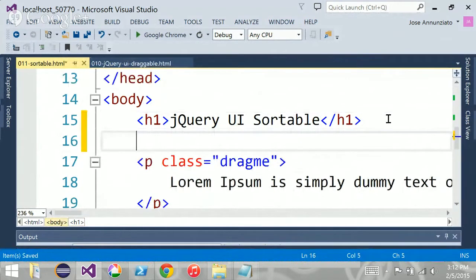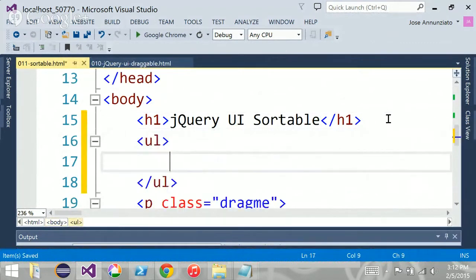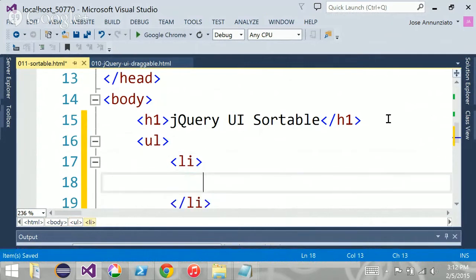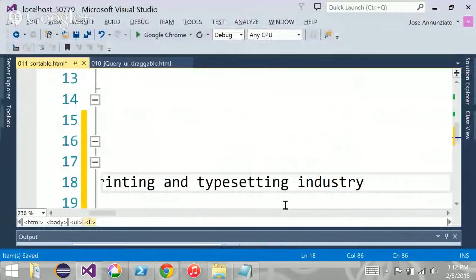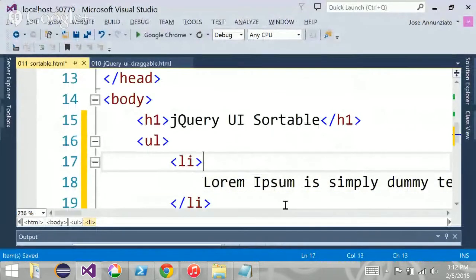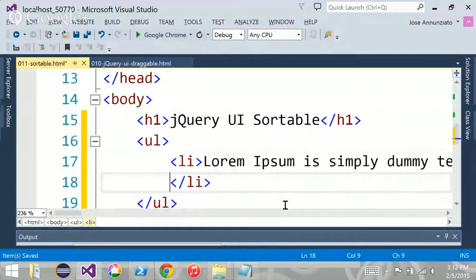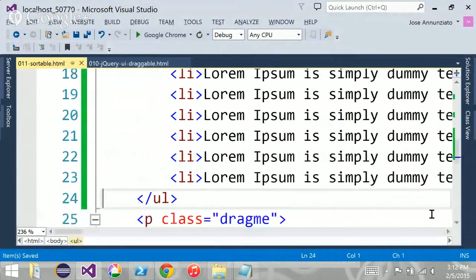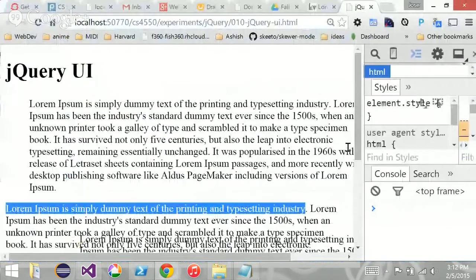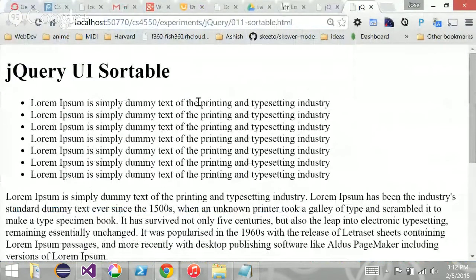The way sortable works is that you can have a UL, right, an unordered list or any list, right, and then the elements inside, where you might have a piece of text. You might have several elements in that UL, right? And let's load it. Let's run it. So you have a UL, right? Several ULs, and